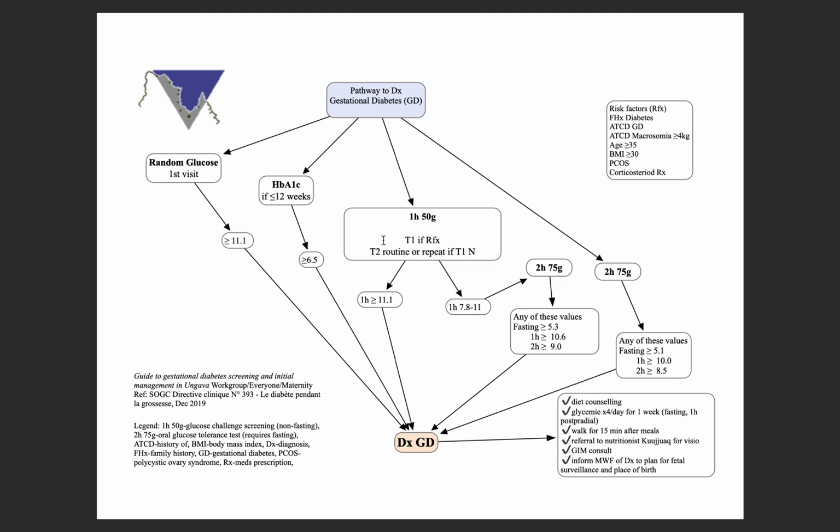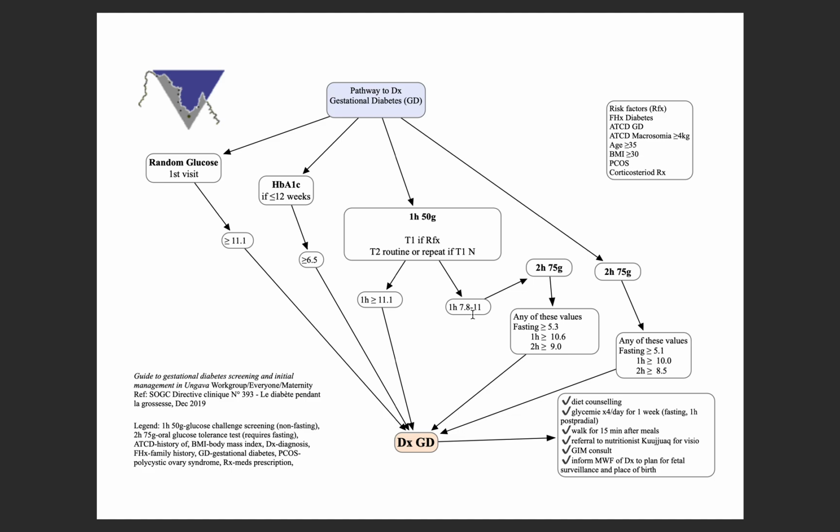So we do that in the first trimester if she's at risk, or we offer it routinely to all women in the second trimester. If we did it in the first trimester because she had risk factors and it was normal, we can do it in the second trimester, so we repeat the test. If at 1 hour she's at 11.1, she goes directly to a diagnosis of gestational diabetes. We don't have to repeat or do any further testing. We start to manage the case. If she has a high level,